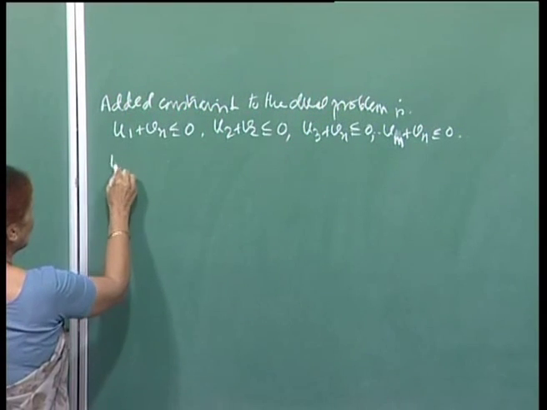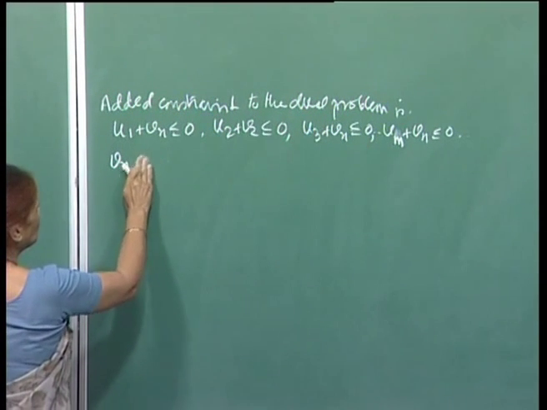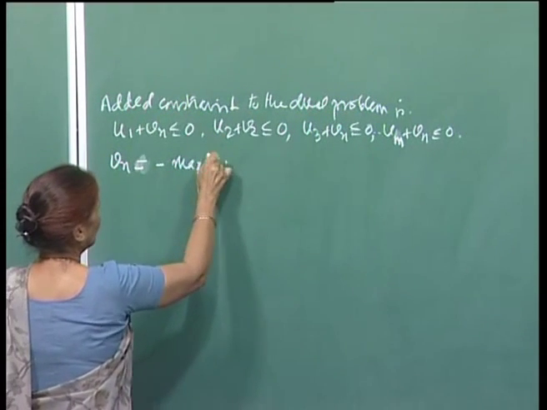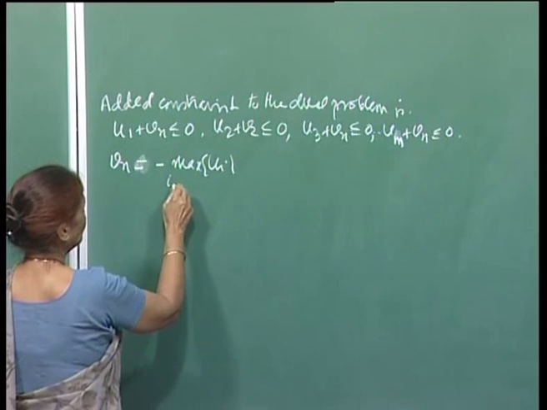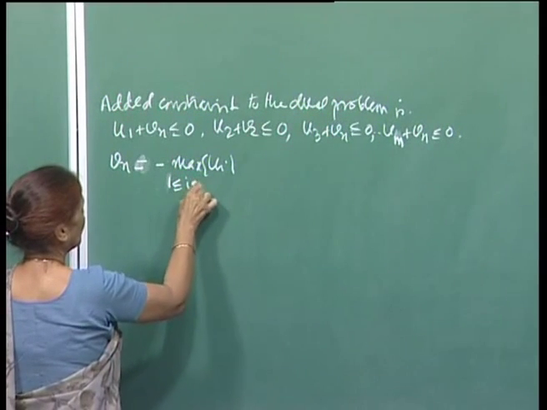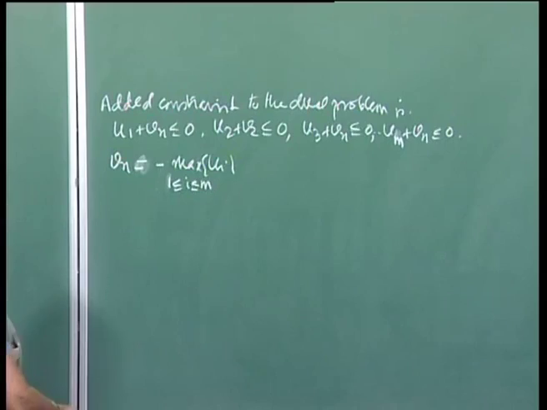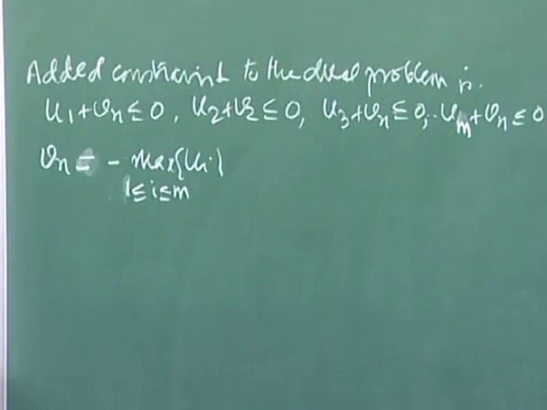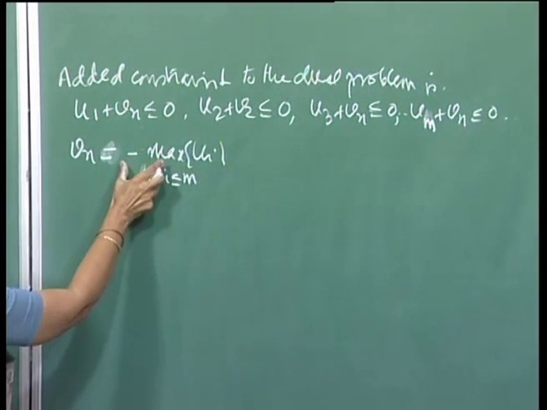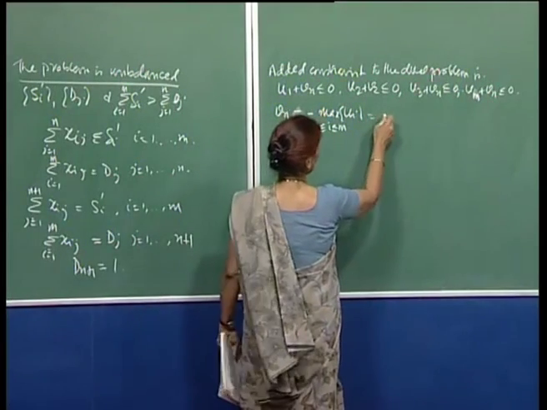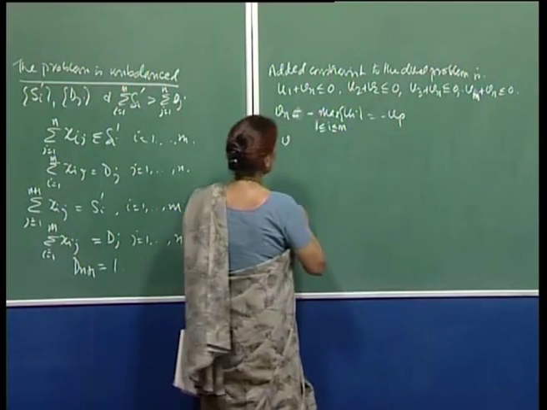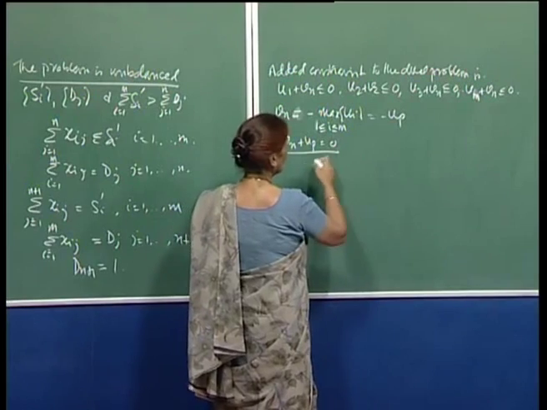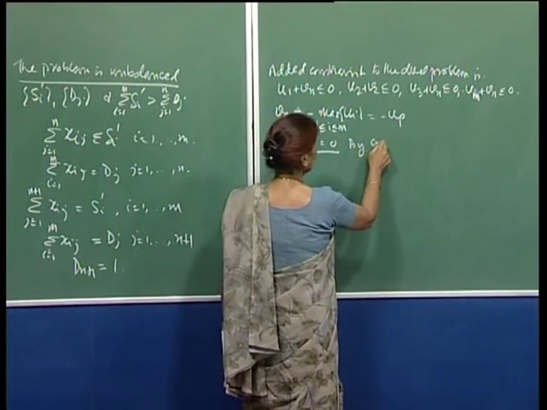Then what we are saying is that your V n is less than. So, if I choose my V n to be equal to minus max u i, varying over 1 less than or equal to i less than or equal to m, then with this choice of V n, all these constraints will be satisfied. Once you have V n chosen like this, suppose this is equal to minus u p, then you have V n plus u p equal to 0, and so by complementary slackness condition,